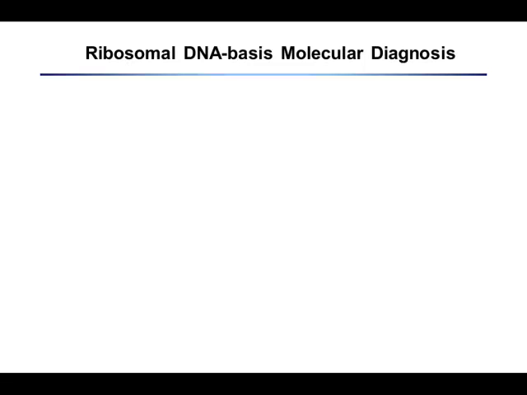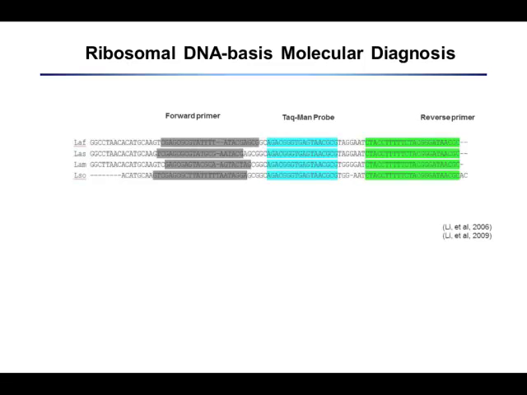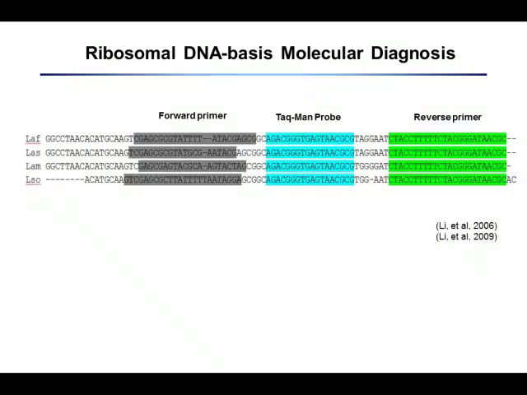So I talk about ribosomal DNA-based detection. This is very common and popular, but it has some issues. Generally speaking, this method works quite well. For example, Li in 2006 first reported three detection methods based on the ribosomal region for citrus HLB detection. And in 2009, he published another